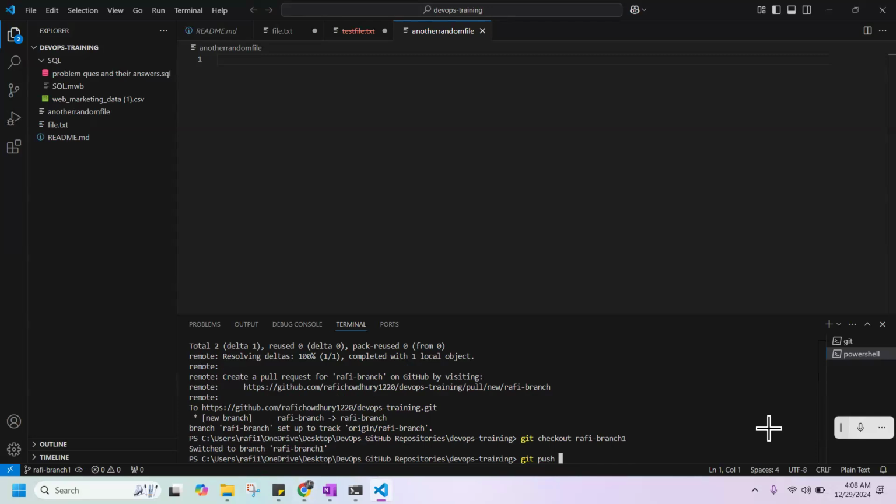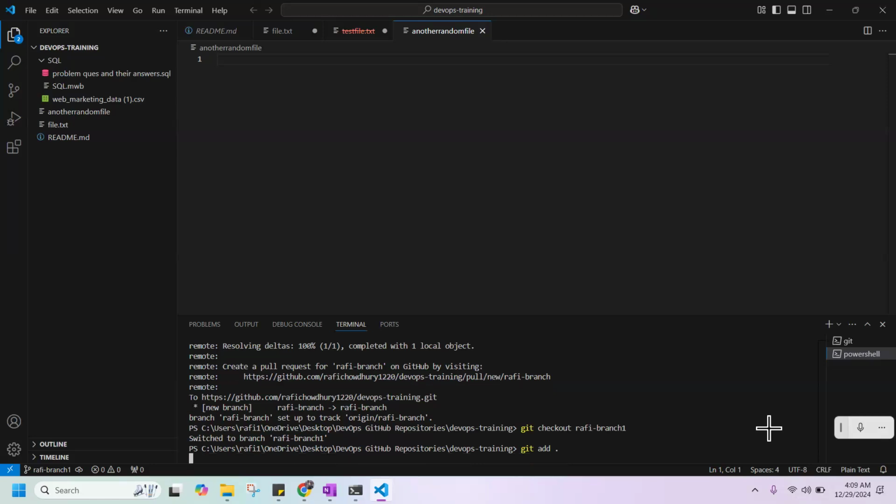First one is git add. Please remember this command: whenever you want to push your local changes into the GitHub account, you need to write these three commands, right? First one is git add dot, and after that git commit minus m, and third one is git push, right? So just write git add dot. And after that, we need to write the git commit minus m and write some meaningful message.